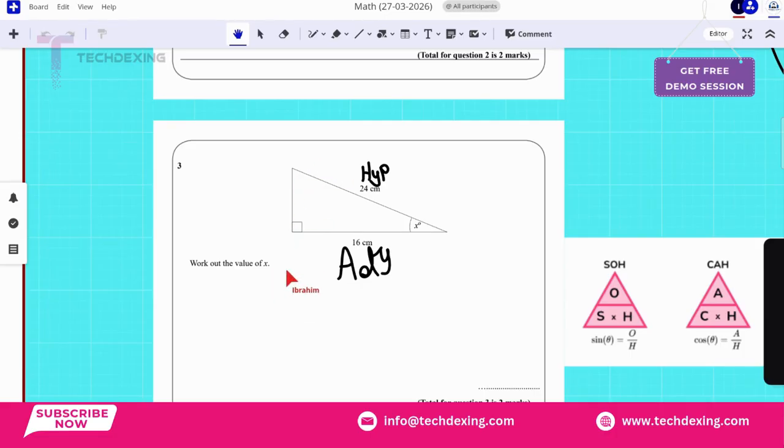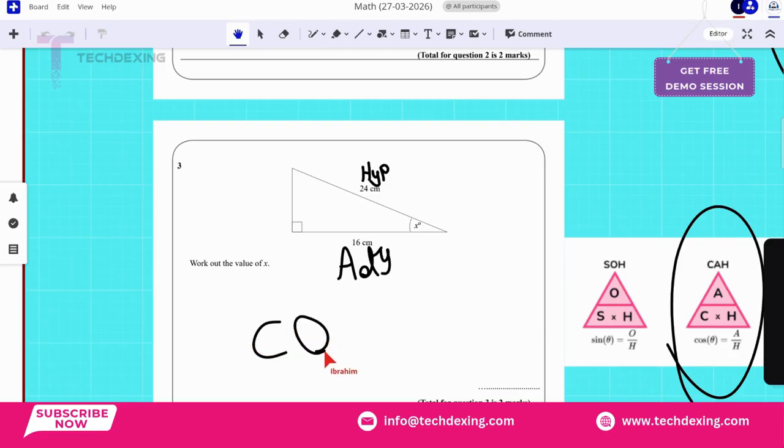So now we need to use this one. Oh, it's not that hard. So you can use cosine x equals to